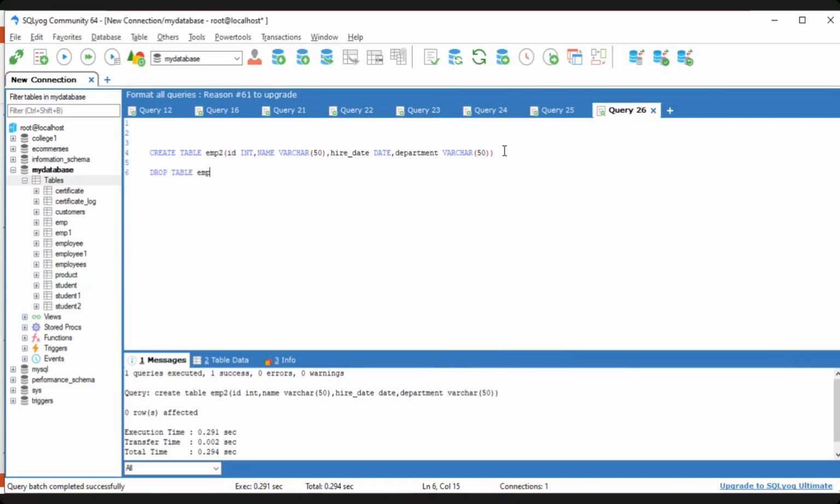I'm copying that table name. So to divide the table, I'm copying that. So here I have created the SQL